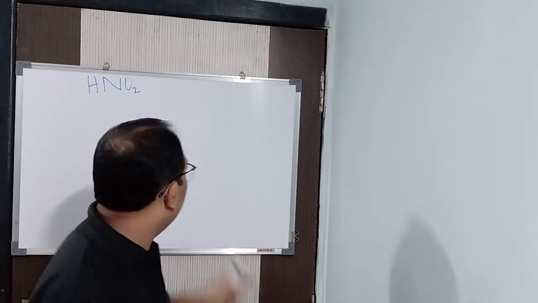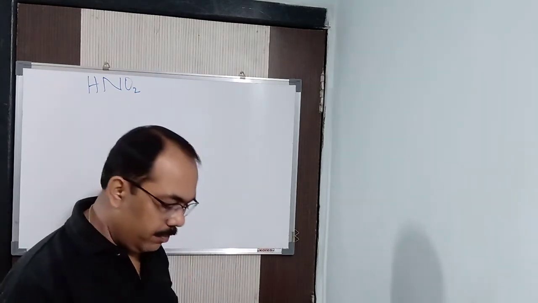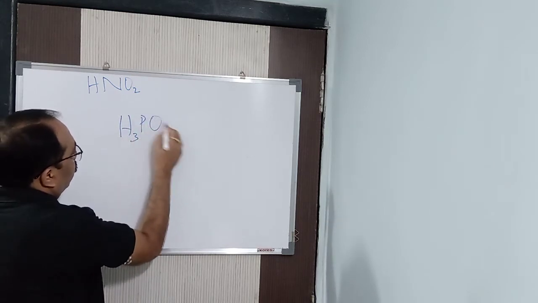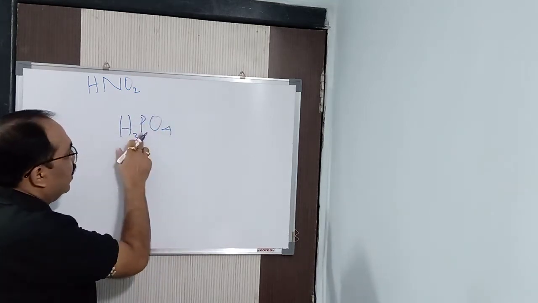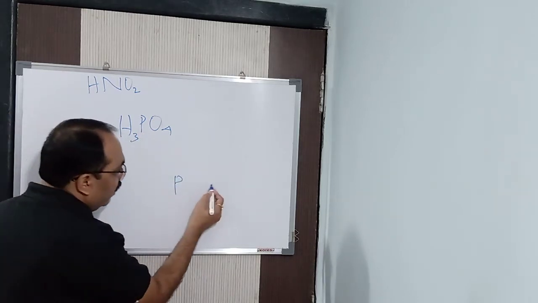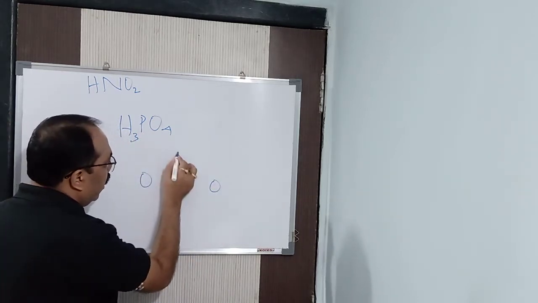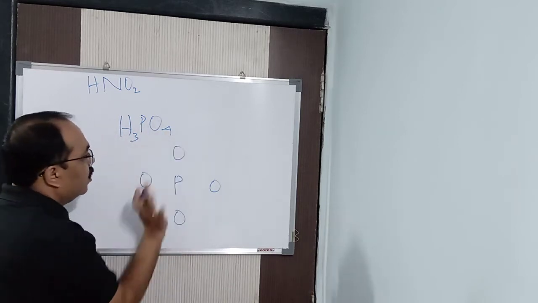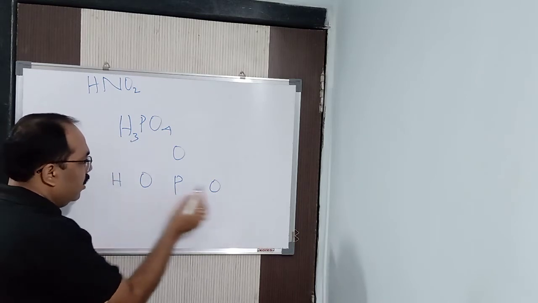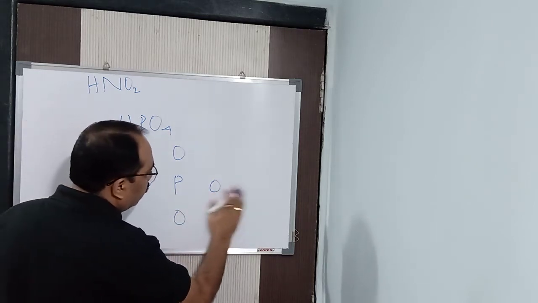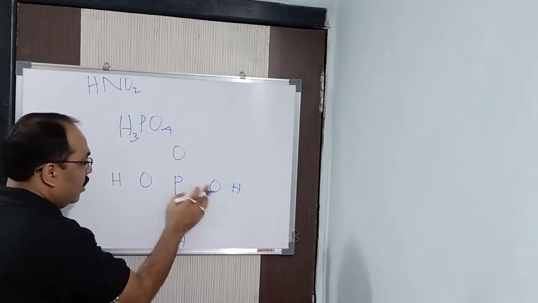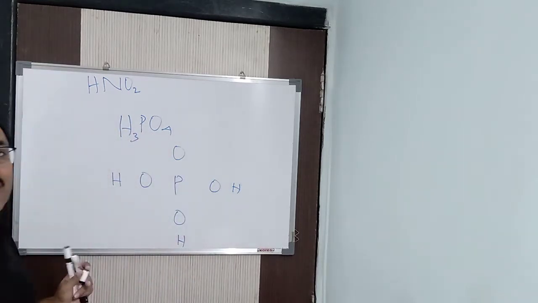For example, let me make this particular point clear. For example, you have H3PO4. Now the central atom you can see very clearly is phosphorus. So I will write phosphorus here, and oxygen here, oxygen here, oxygen here, 4 oxygens. Now oxygen will be between, and one hydrogen will be here, and here one hydrogen will be there. Got it now? H3 means 3 hydrogens and PO4, in this way. So this is the skeletal diagram, the rough diagram.